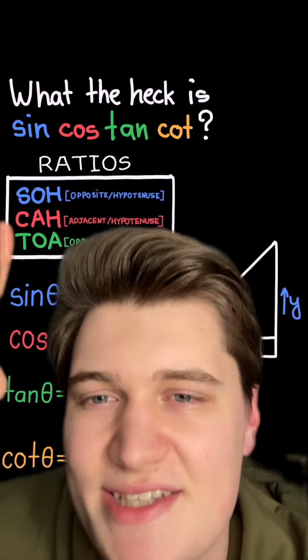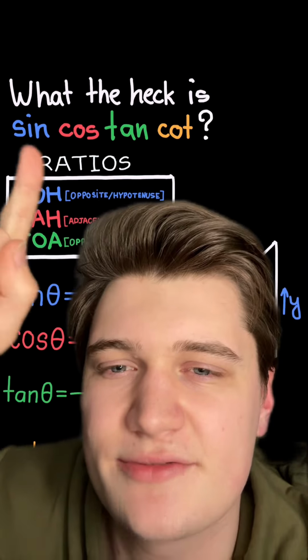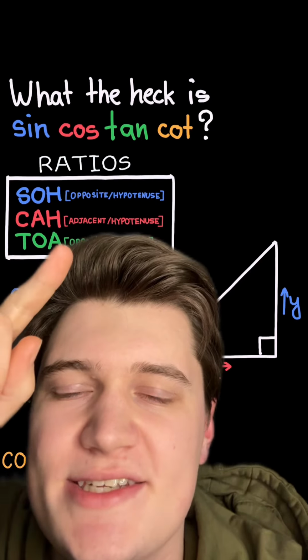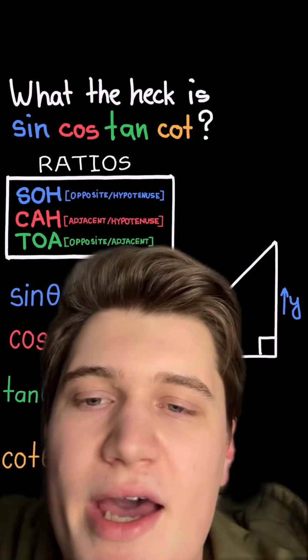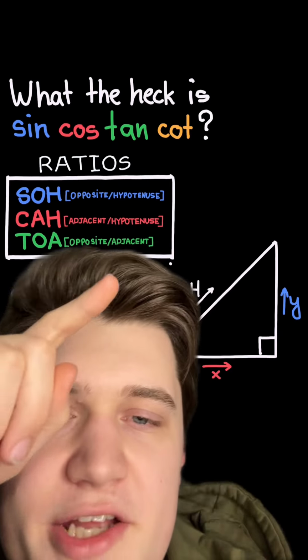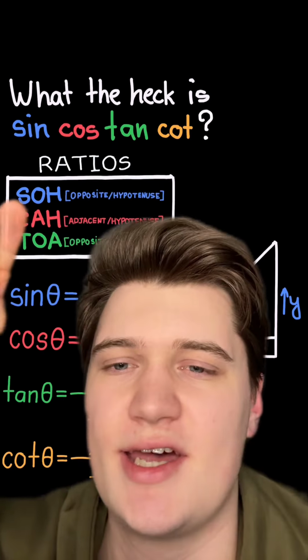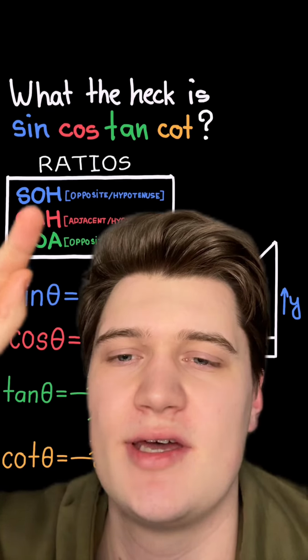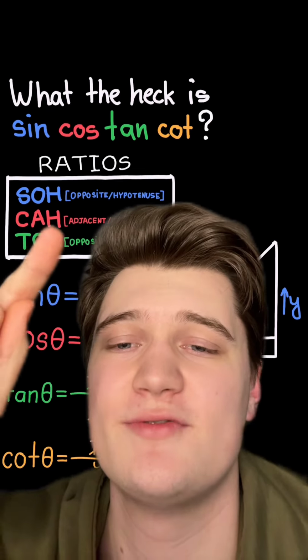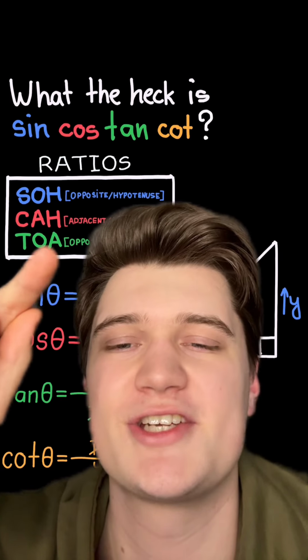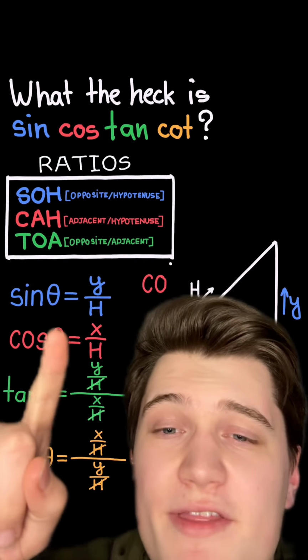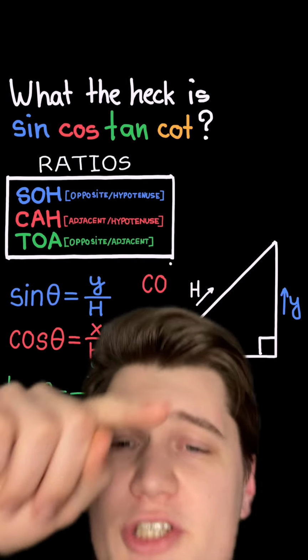triangle. That's it. Sine is a ratio of the opposite side to your angle over the hypotenuse. Cosine is adjacent side over hypotenuse, and tangent is opposite over adjacent. SOHCAHTOA. It's a great mnemonic to remember. Sine, opposite hypotenuse. Cosine, adjacent hypotenuse. Tangent, opposite adjacent. So if you're going to rewrite sine theta, it's going to be y over h, cosine is going